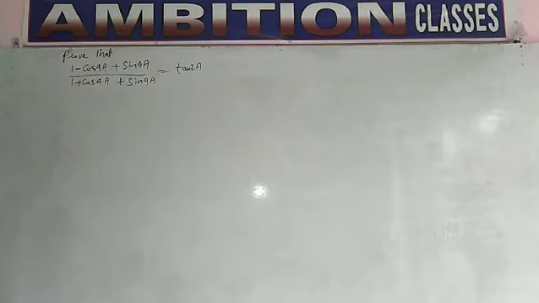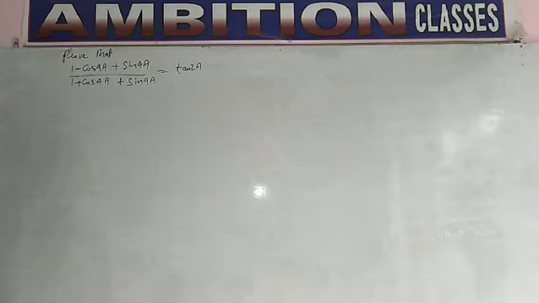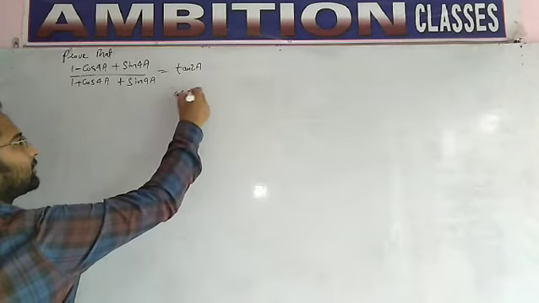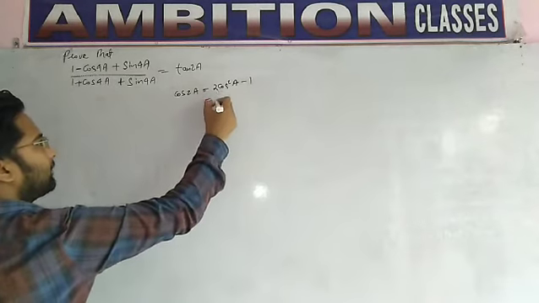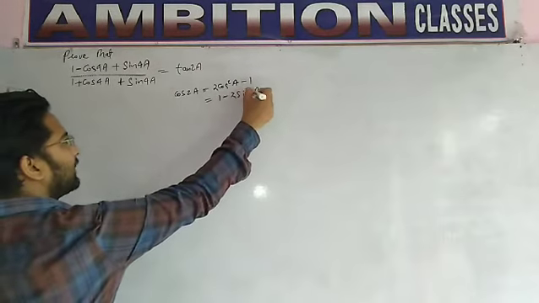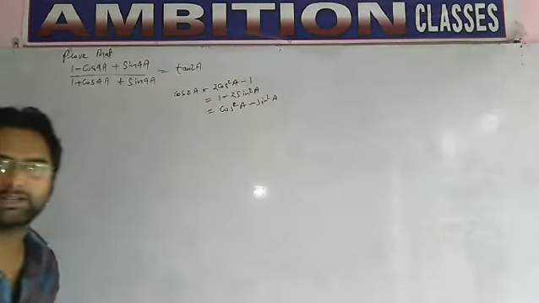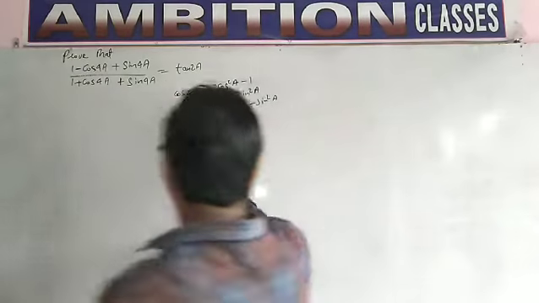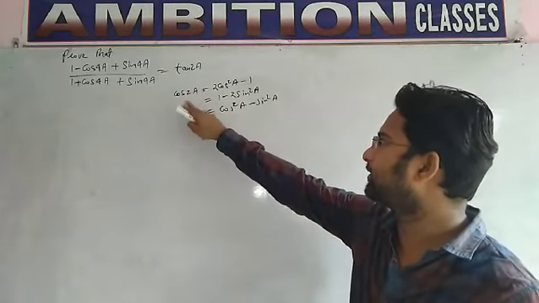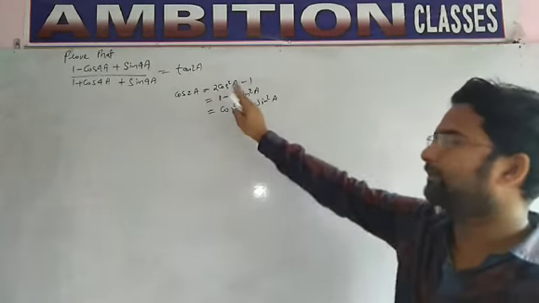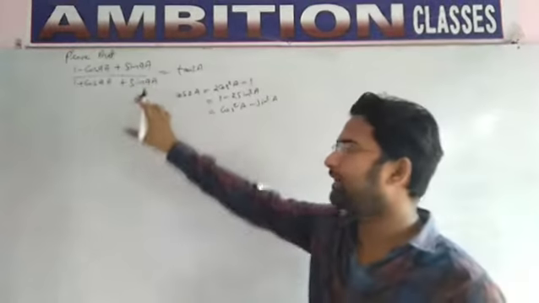Students, we have studied the formula for cos 2a, but here we have to apply the formula for cos 4a. For cos 2a, we were having the formulas 2 cos square a minus 1, 1 minus 2 sin square a, and cos square a minus sin square a. We were having three formulas. The result is half the angle which we have taken. If we take here 2a, then in the result it will be a, that is half of 2a.